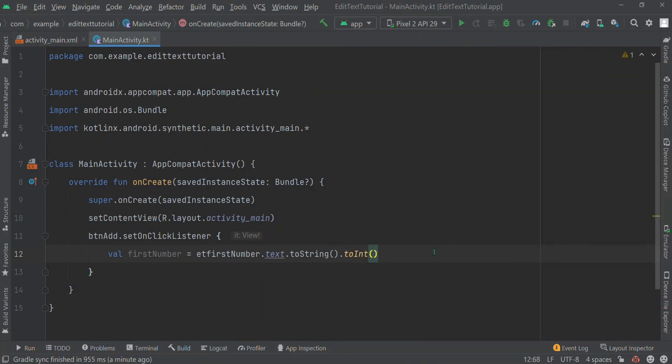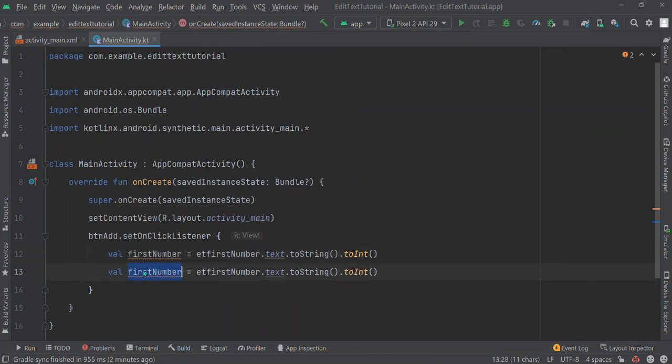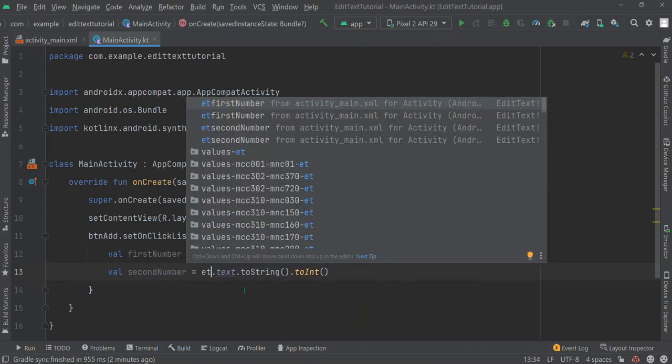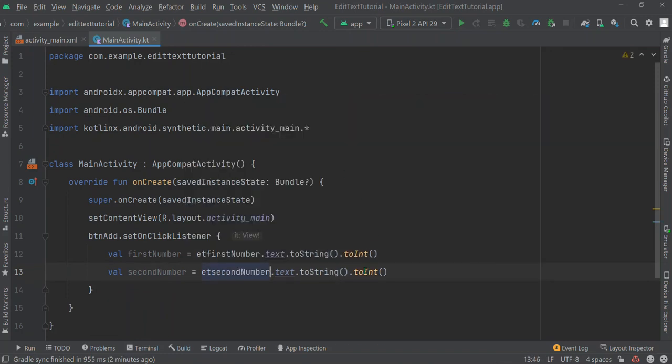And in the same way I want to access the other one, then Control D, val second number, then et second number dot text dot toString dot toInt,